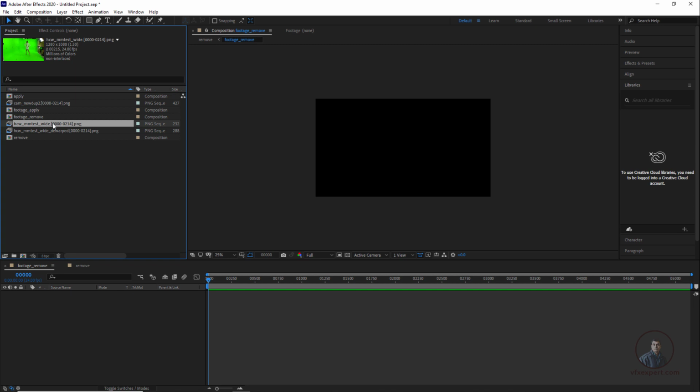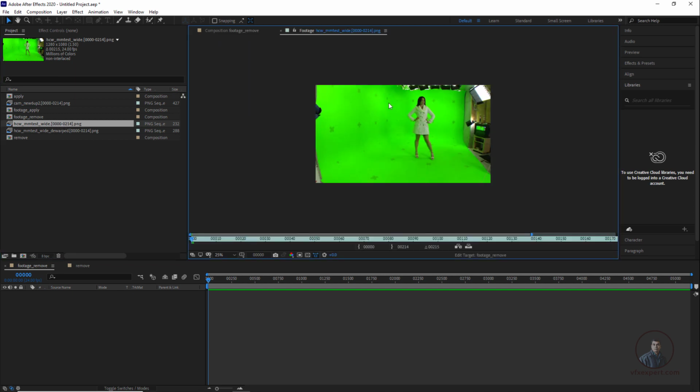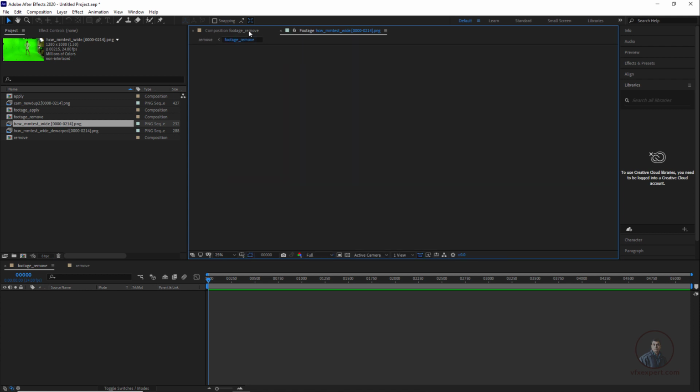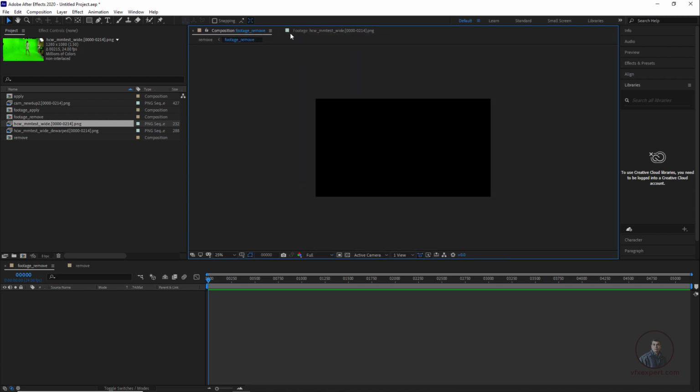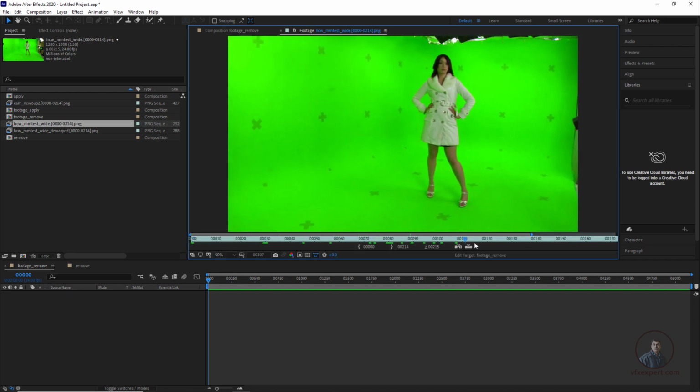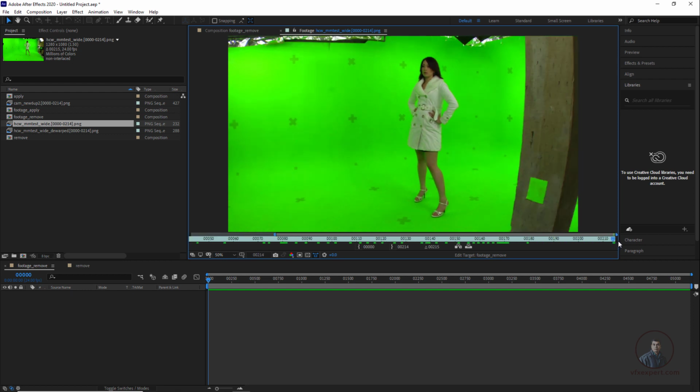Now just select your main footage, or original plate, and simply double click here. If you want to check, you can see we are now inside our footage panel, and this is our compositing panel here. Remember this. Now if you look here, this is our original plate, which is our distorted plate. So first I am going to show how we can undistort the footage in After Effects.